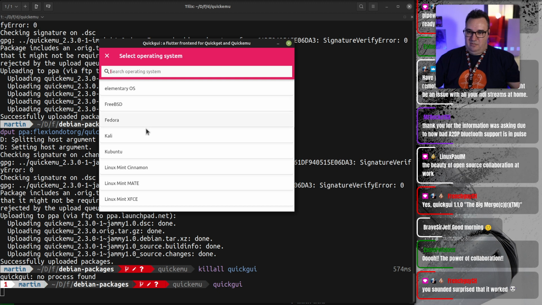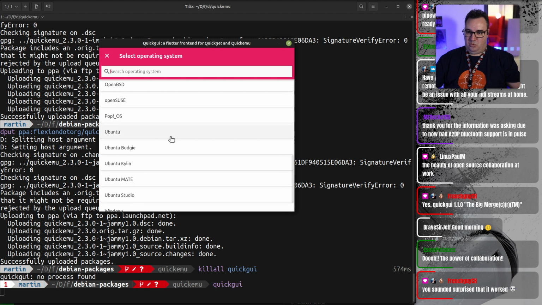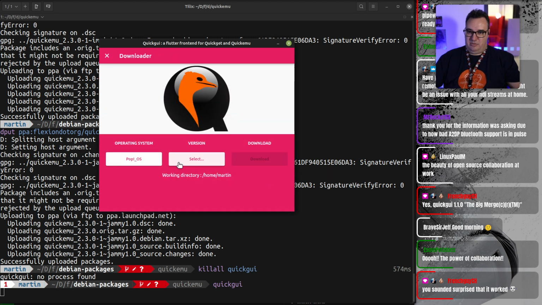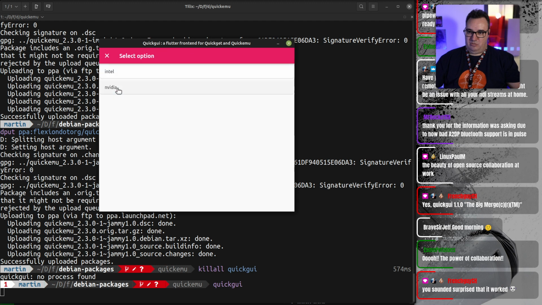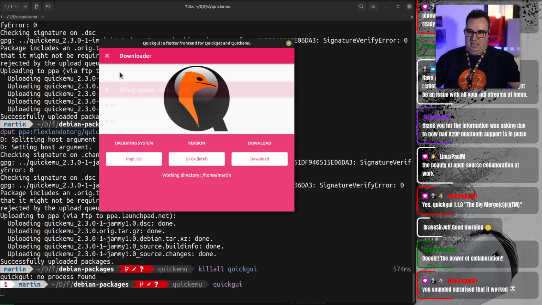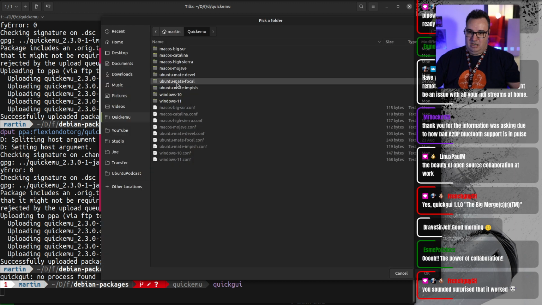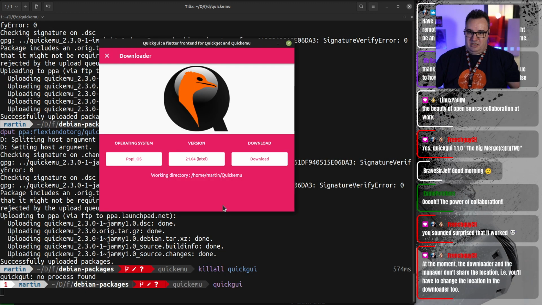Some of these download faster than others. So let's try something that downloads relatively quickly. Let's try Pop!_OS. So we can choose a version. Let's choose 21.04 and we'll grab their Intel version and we hit, oh, hello. I need to change. There we go. That's the directory we want. So maybe Yannick, the downloader needs to remember the path that you selected in the other piece as well, you know, like a common path. So we'll hit download